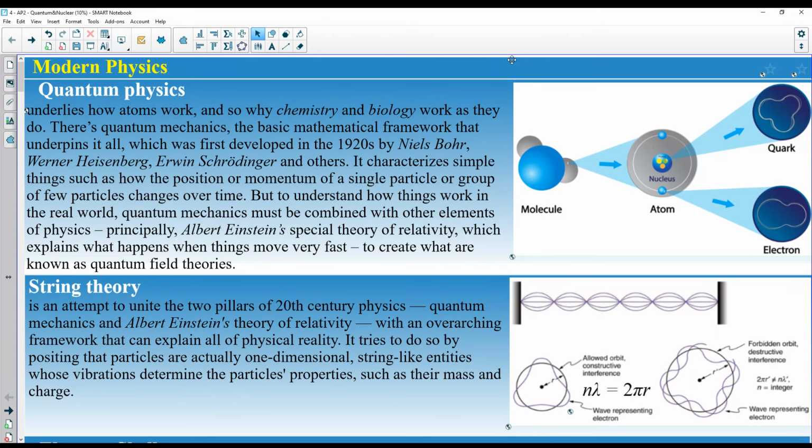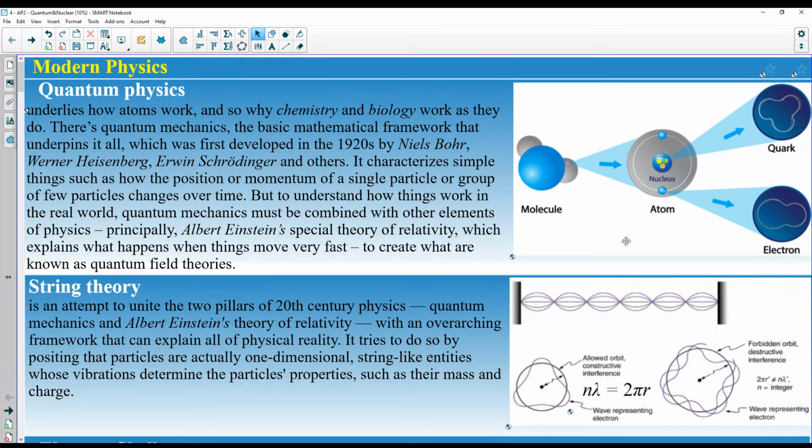And so quantum mechanics is the mechanical framework that underlies Niels Bohr's model, and later studied by Heisenberg and Schrödinger and many others, including Einstein. It characterizes simple things such as how the position and momentum of a single particle or a group of few particles changes over time. So if you look at the picture that we have on the right,